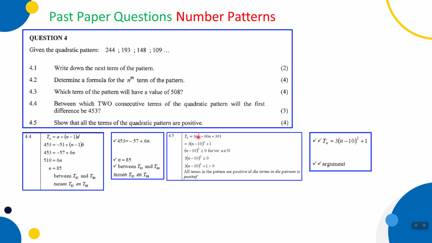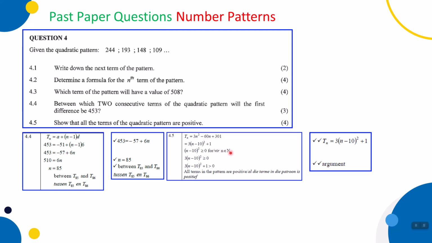Well, we know Tn equals 3n squared minus 60n plus 301. If we complete the square there and we leave it in this turning point form, then we have 3 bracket n minus 10 squared plus 1. Now remember, whatever value you put in here for n, you'll square that bracket, it will become a positive in any case. So n minus 10 squared is greater than or equal to 0, for n a member